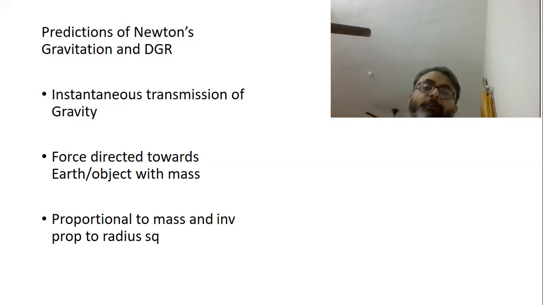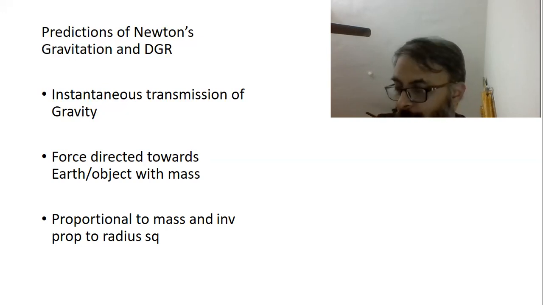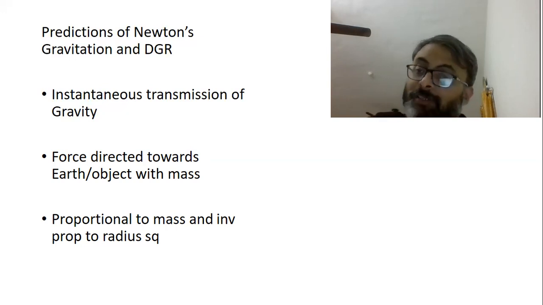So yes, Newtonian gravity is given by that formula, which is proportional to mass and inversely proportional to the square of the radius. Gravity in DGR is absolutely agreeing to this. Absolutely, there is no question. It reduces proportional to the square of the radius, and also it increases proportional to the masses of both the gravitating objects. But there's an issue. Dynamic general relativity says that this kind of gravity happens only till the gravitational limit.